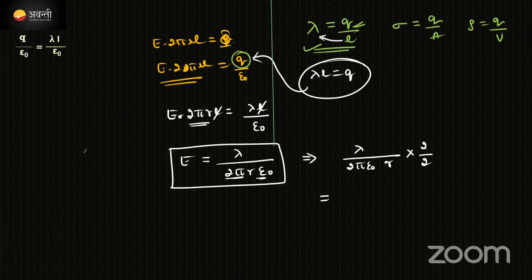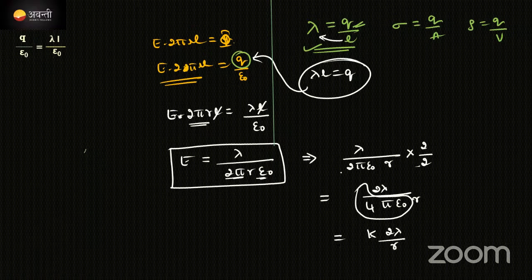If I do this, I get 2 lambda divided by 4 pi epsilon naught into R. Here 1 by 4 pi epsilon naught we can write as K, and the remaining term is 2 lambda by R. This is the value of electric field intensity for a straight